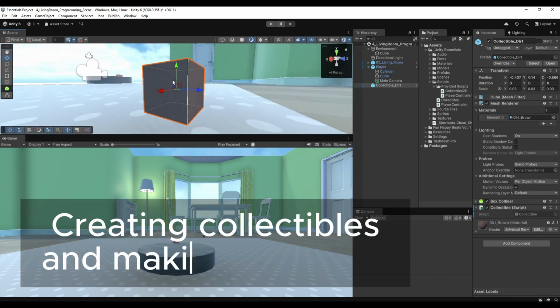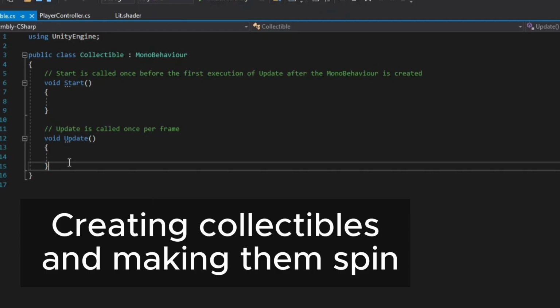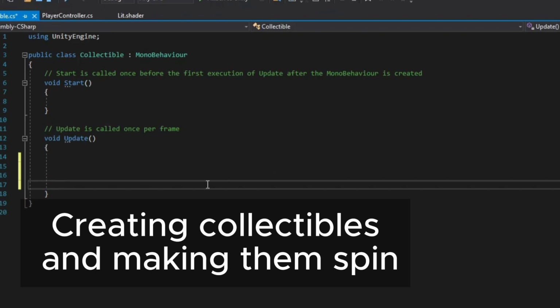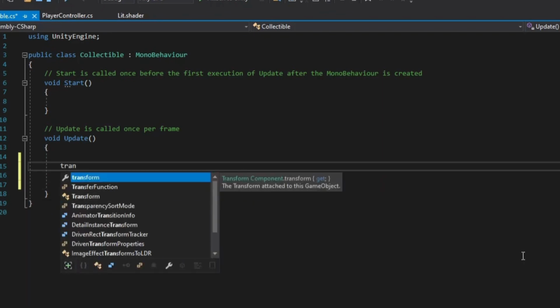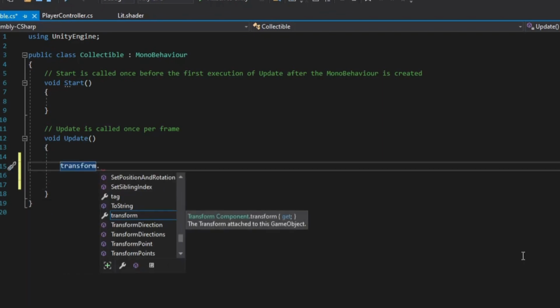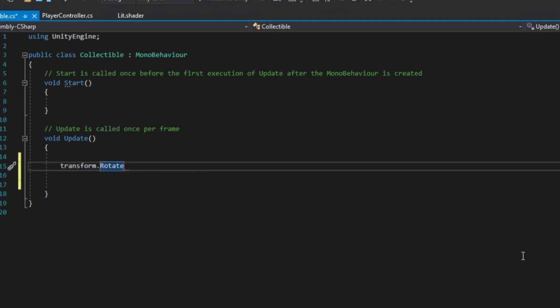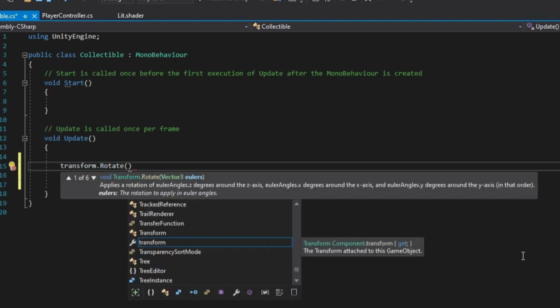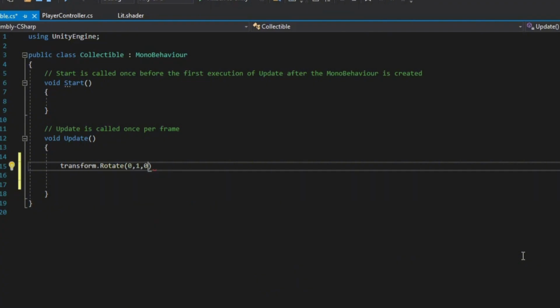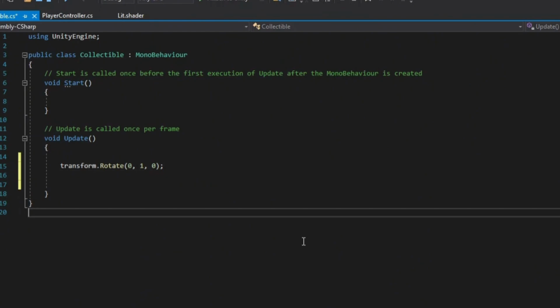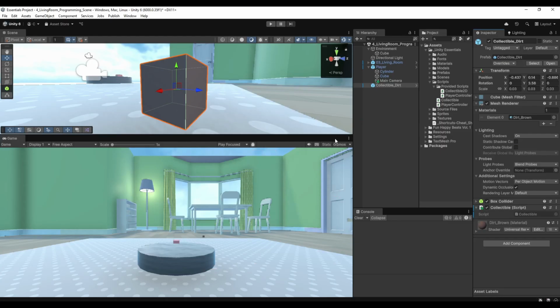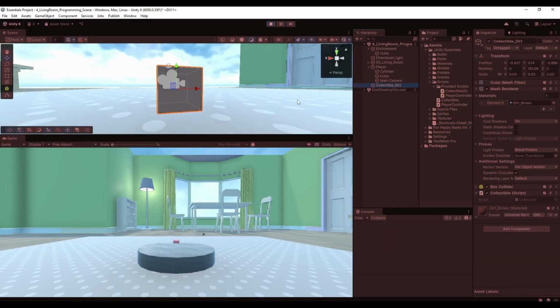I added dust because it makes sense if it's a robot vacuum, right? And I created a collectible script. Inside, I explored Unity's code structure, learned about start and update functions, and how to rotate objects using transform.Rotate. I adjusted the rotation speed and hit an error. Turns out I forgot to declare it as a float. I fixed that with a trusty F, small f,